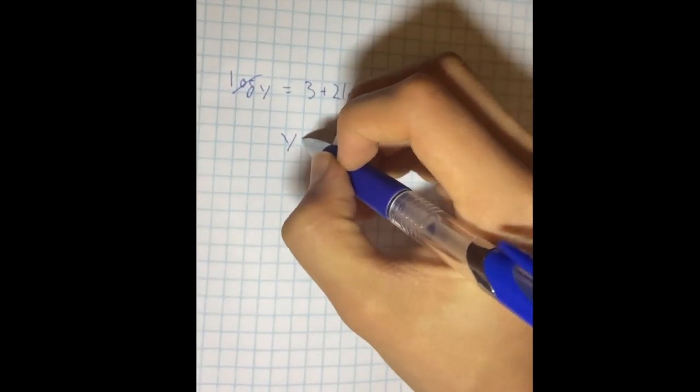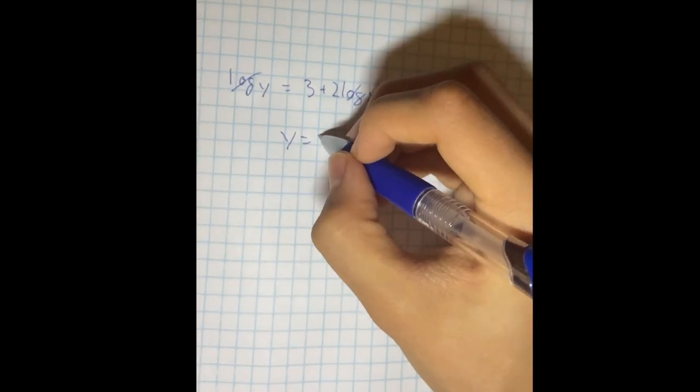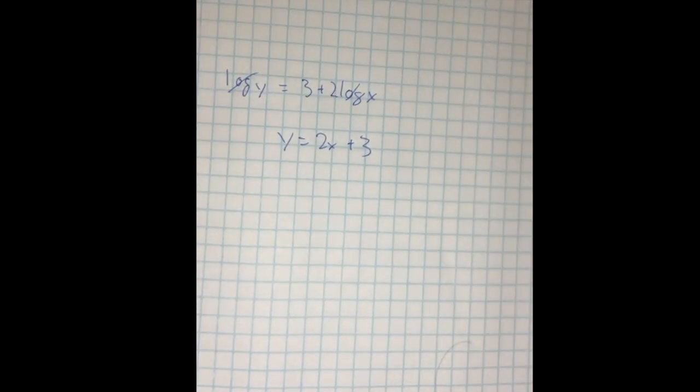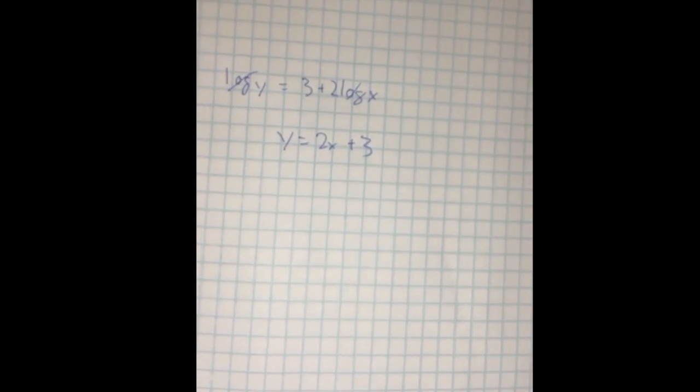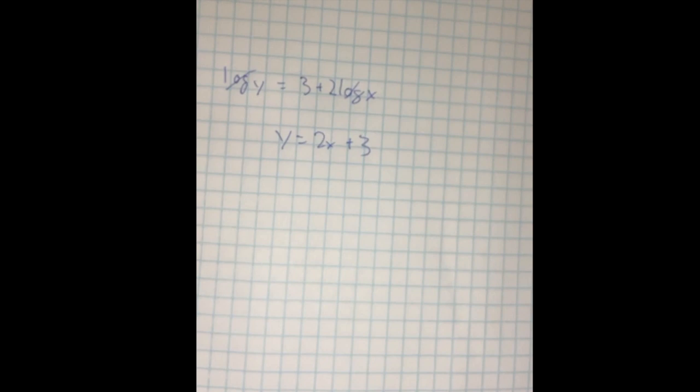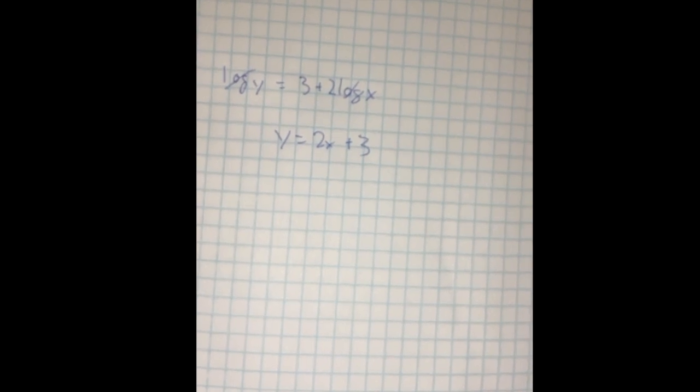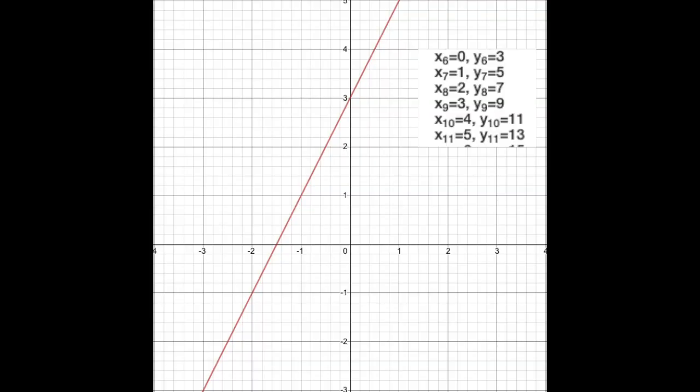One thing we can do is just remove the logs, have y equals 2x plus 3. Now, I can tell that this is a linear equation, but just to make sure, let's graph it on Desmos. The equation is linear, and this was possible thanks to the hint that was provided,